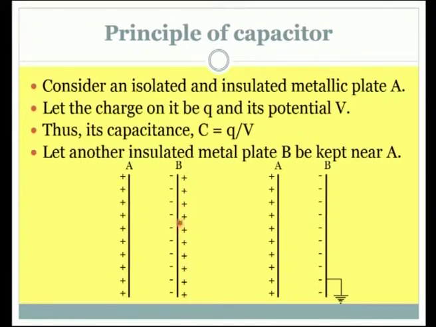This is due to induction. What is the main charge? The charge on A is the main charge. Now, if we connect the plate B on this side to the earth, the positive charges will go to the earth and the induced charge remains. If you remove the earth connection, what will happen? The plate B will have the negative charge on it. So, this arrangement is the main basis for the